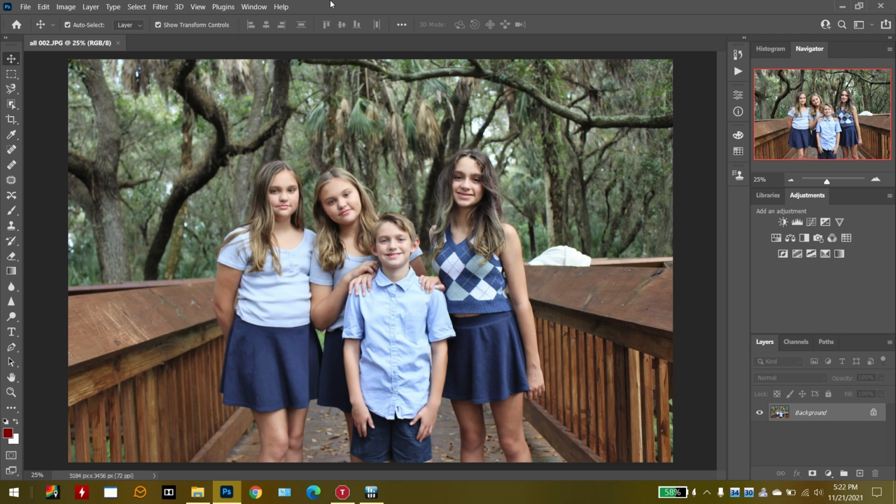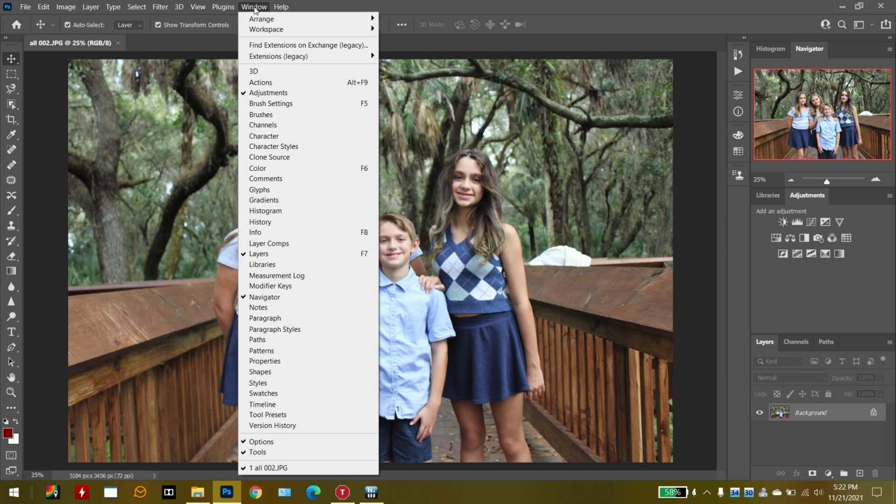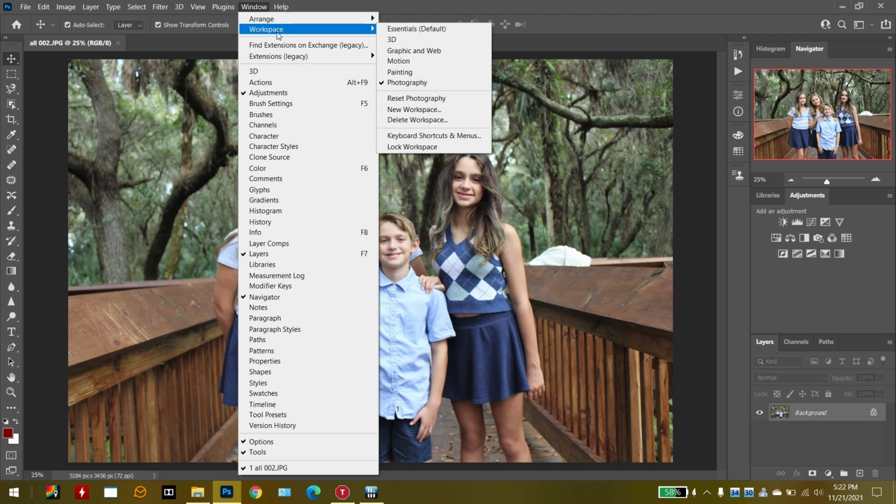It's behind a lot of different things in Photoshop actually, but what it is, I guess you can call it an AI that can fill in areas with surrounding areas in a smart way. It's pretty cool actually. So first you want to make sure that you're in the photography workspace, and that would